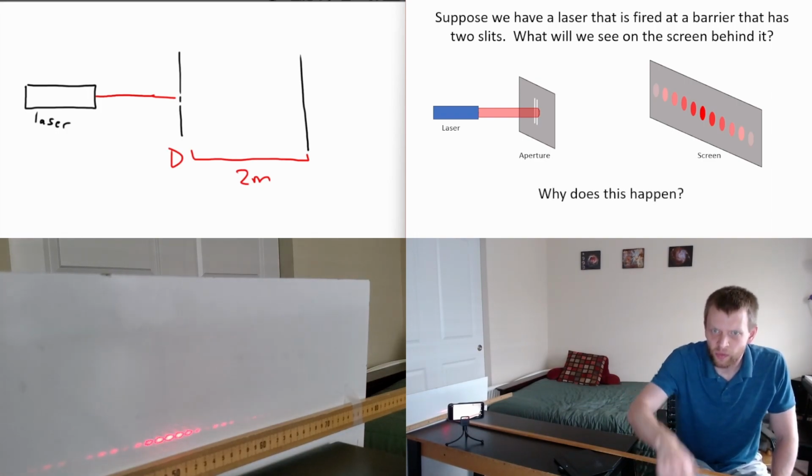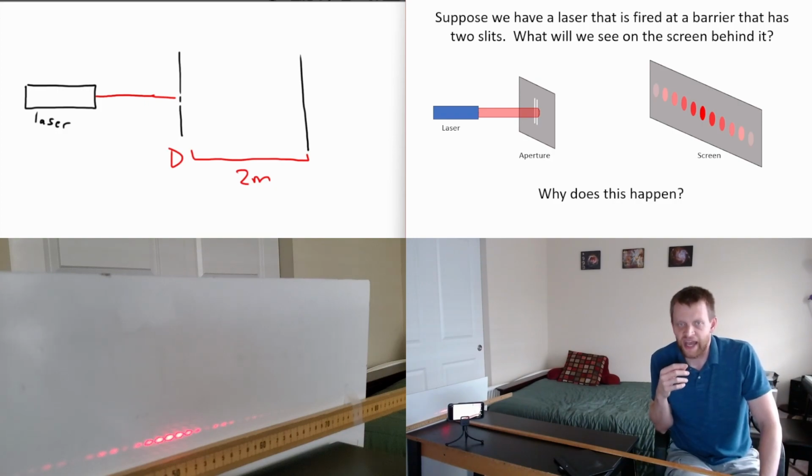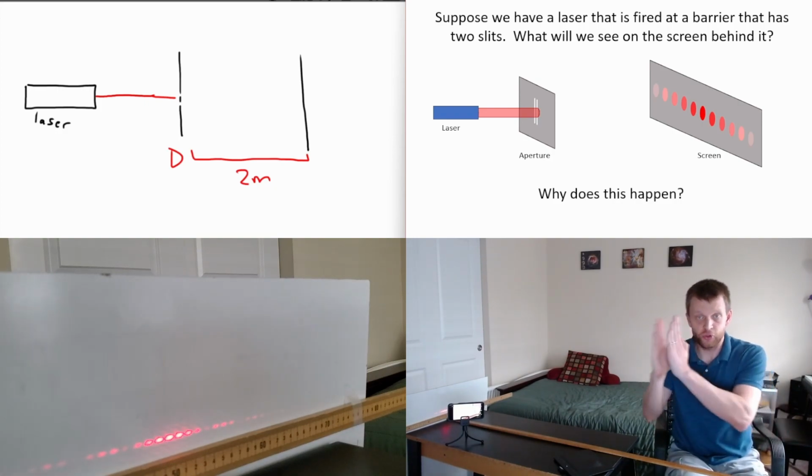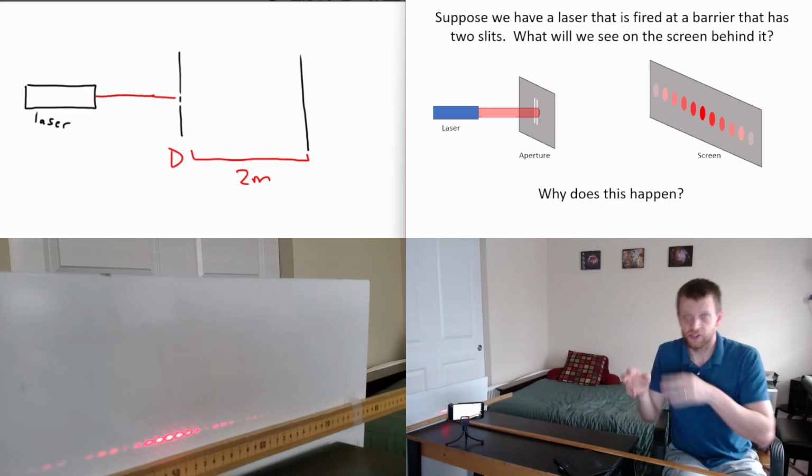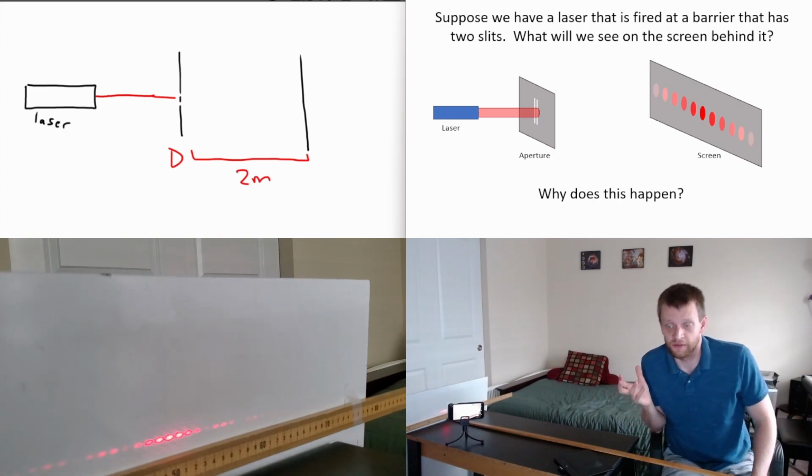And we want to know, well, why does this happen? Our intuition would probably say if there are 2 slits there, the light could go through one slit or the other slit, so we should get 2 dots on the far screen. But that doesn't happen. Our intuition doesn't work in this case because our intuition is based on our prior experience,